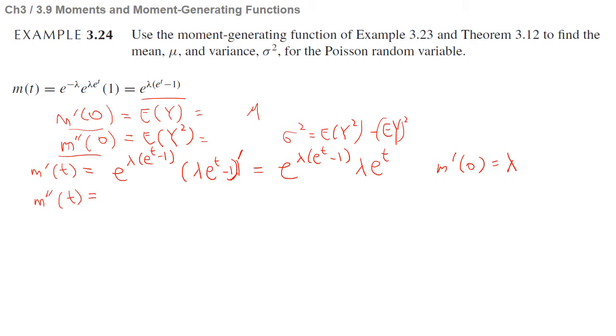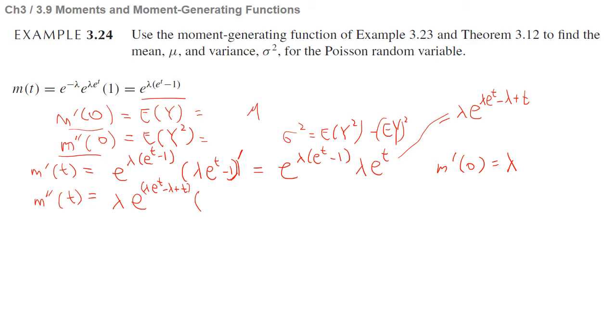So we derive this 2 times, and before we do that, actually this is lambda times e to lambda e to the t minus lambda plus t. Okay, we derive this, the derivative of that is lambda e to lambda e to the t minus lambda plus t, and